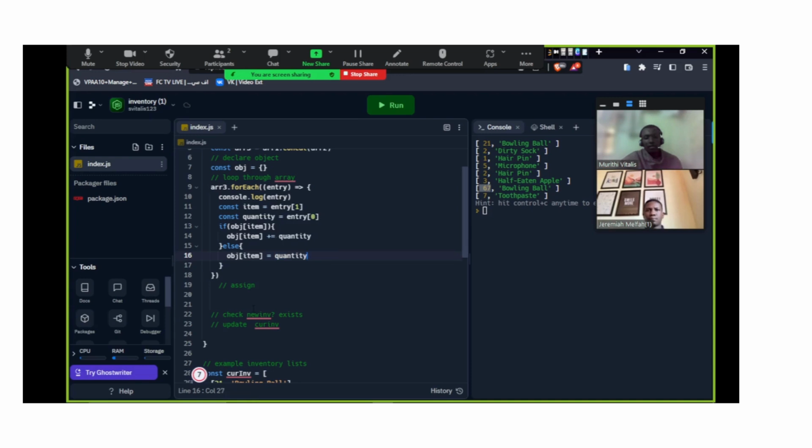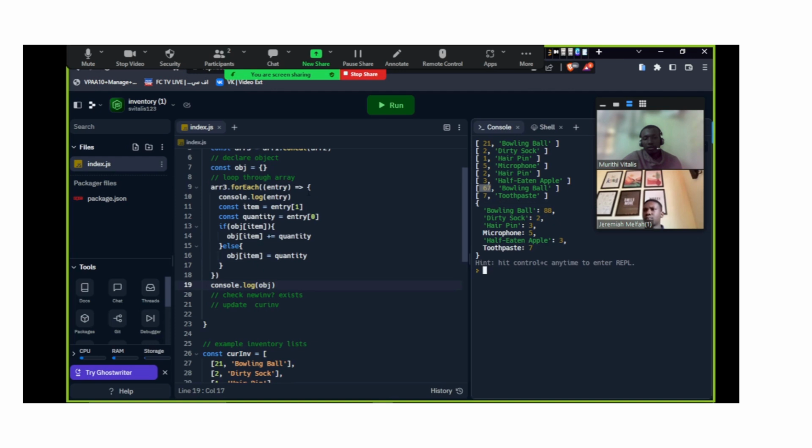So at this point we are almost through. If we console.log the object now, we will have an object assigned, and remember now it's updated, so the quantity is updated. So I remove these first console logs so there's no confusion, and run it again, and you'll notice now